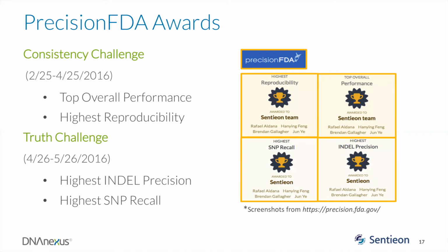How the Precision FDA Consistency Challenge works is that the FDA set out to evaluate whether bioinformatics software was able to process a single sample consistently, and again, that's deterministically. As I mentioned earlier, this simply validated that the Sentieon tools do in fact process the data, resulting in the same set of variants every time that our tools